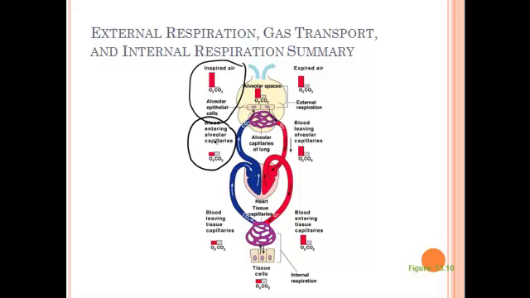And so what happens is that the oxygen wants to flow down its concentration gradient, as well as CO2, and so we have this exchange happening. As that exchange happens, that lowers the CO2 content in the blood, and it raises the oxygen content in the blood, so that the blood leaving the lungs, leaving the alveolar capillaries, has a much higher concentration of oxygen and a lower concentration of CO2. Notice the CO2 levels don't go down as low as they were in the inspired air, and that's okay. We have a certain level of CO2 in our blood, and that's alright. We want some bicarbonate ion, we just don't want too much.